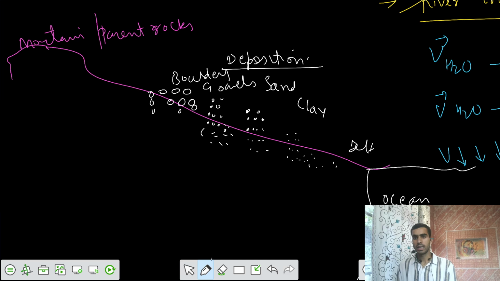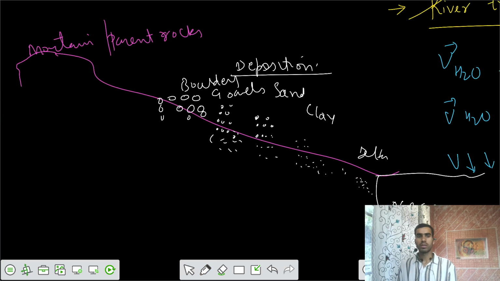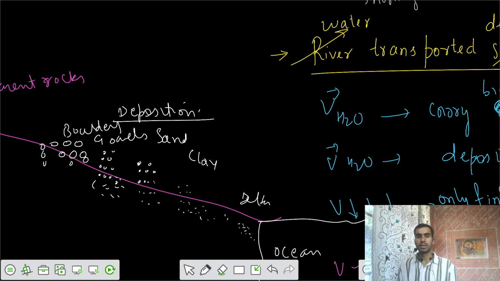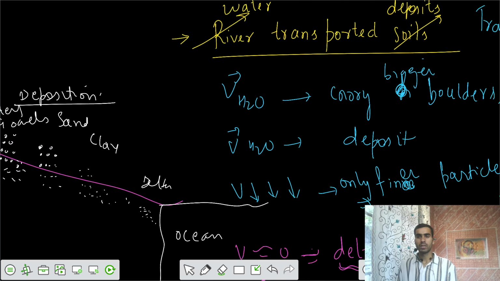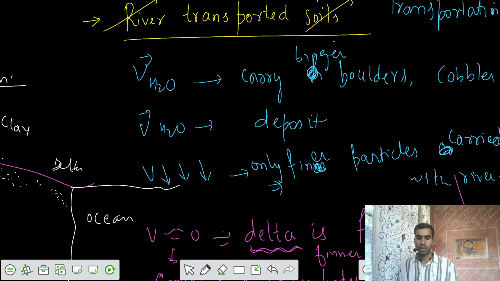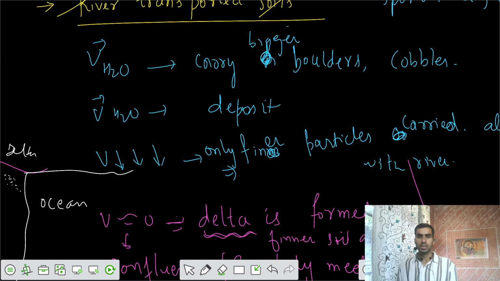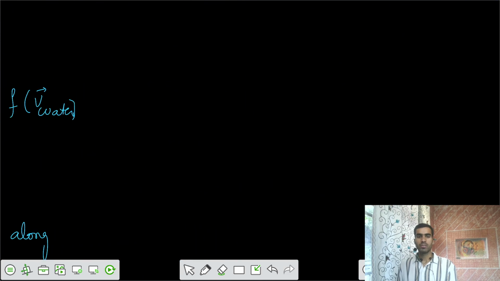Then we have finally the delta. So it's having finer particles of clay. So that is what you call the traverse of river transported soils. Okay, river transported soils. Second one is, if you talk about the wind,